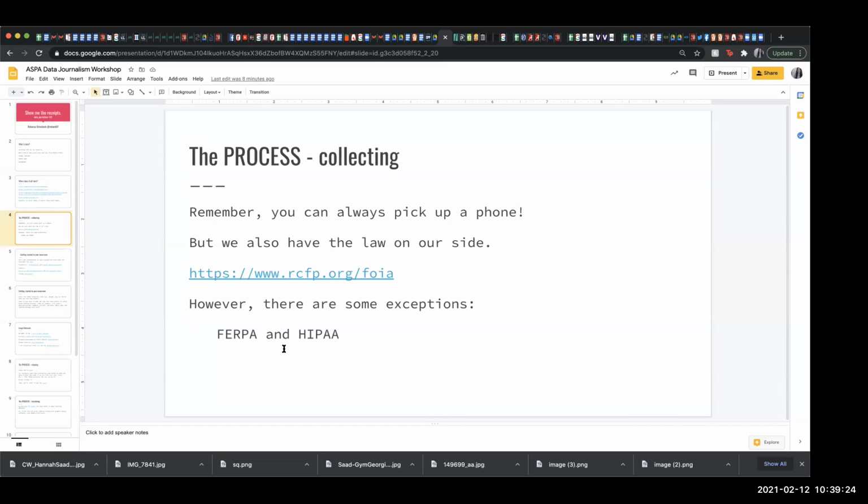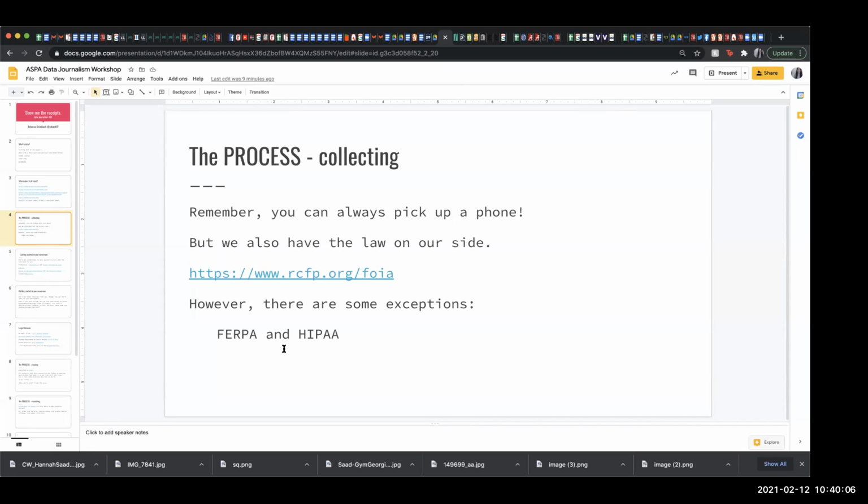If it's information that you can't see for yourself, but you know that your school board has it, pick up the phone and ask them for it. And if they say no, remember that you usually have the law on your side. So I'm not going to get super deep into this, but FOIA request stands for Freedom of Information Act, and you are entitled to any public information. So there are a number of things that don't classify as public information. And FERPA is going to be the biggest thing that affects you as students. It's the Family and Education Rights Protection Act, I think.